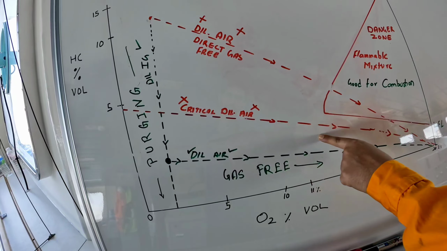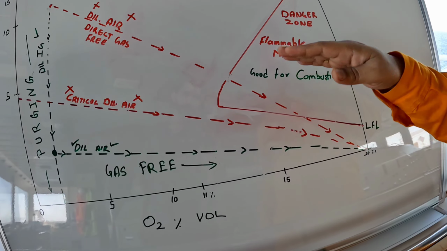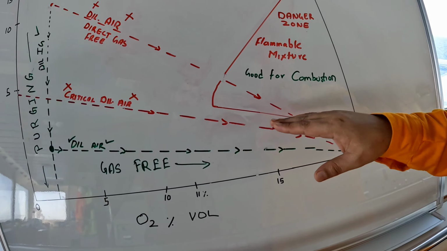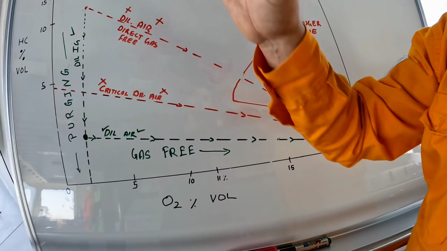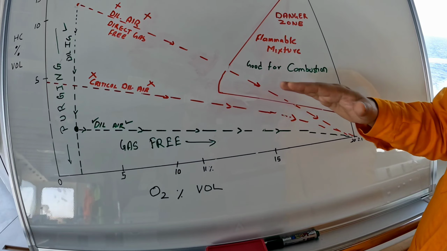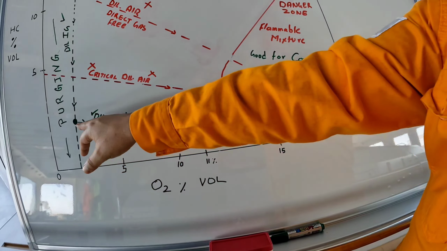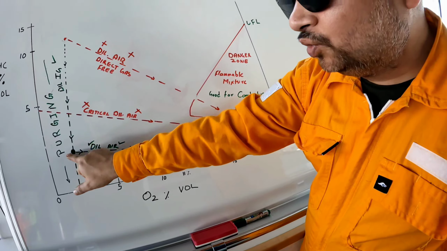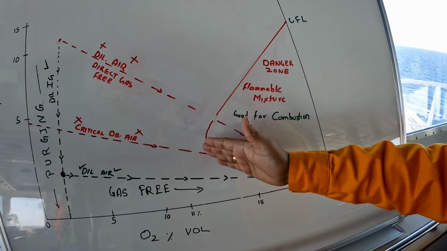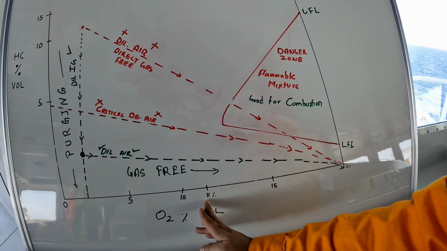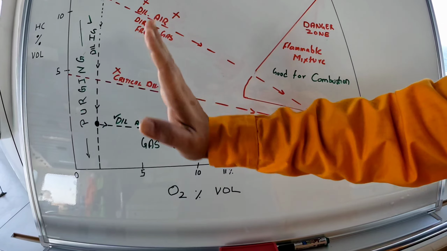So we will start following this line, but then this line comes very close to this flammable zone. So maybe you might enter this zone, you might not enter this zone. That is why this is called critical dilution. If you start doing it at less than 5%, 3%, 4%, then you are coming very close to this flammable zone. So the only right way to do it is when your tanks are about 2% by volume. This is the time you should do it. And as you can see, regarding this flammable zone, if your oxygen is less than 11%, you are very well clear of this.